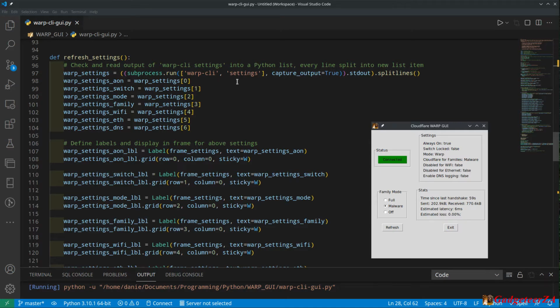And the way of addressing a Python list is with these array numbers here. So if I said, for example, it's all coming back into warp settings, so it'll create one big list called warp settings. If I say warp settings 0, that will read just the first line. Warp settings 1 will be the second line, the third line, the fourth line, the fifth line, and so on.